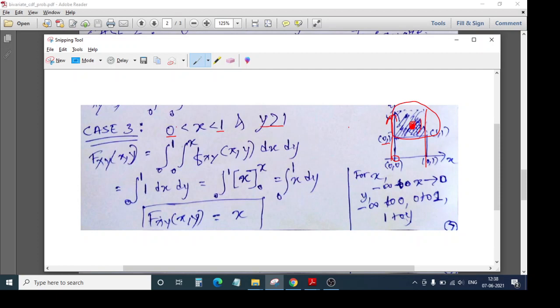That means when we speak of x, it is minus infinity to 0. We have to split. Minus infinity to 0 has already been covered in the previous cases, and we don't have anything to do here. Next is 0 to x. We have given 0 to 1, but we will not take it as 1, because x could be anywhere here and we don't know where x is. That's why we have taken 0 to x. So the limits are: lower limit 0 and upper limit x.